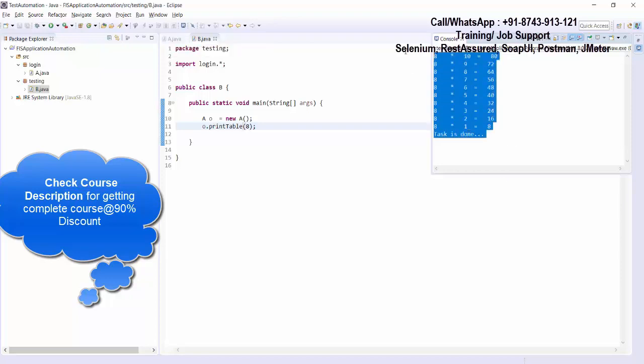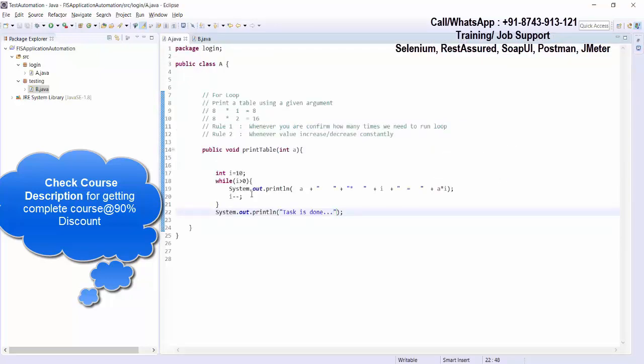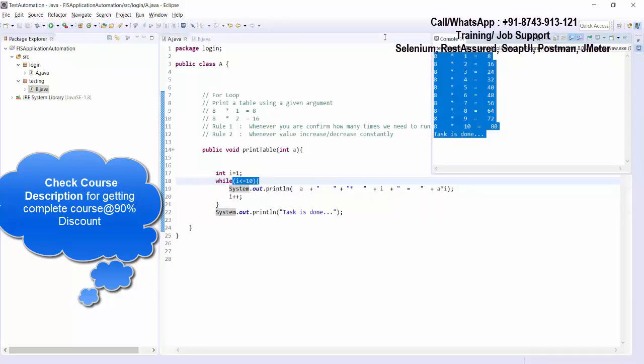As of now we are running this loop in the reverse order. I want to execute it in the forward direction. It means I want to start the loop at 1, run till the value is less than or equal to 10, and increase the value. So it will start with 1. It will check whether 1 is less than or equal to 10. Yes. Do the task, increase it. Once it is increased, it will become 2. Do the task, again increase. So run the loop till the value is less than or equal to 10. I'm just going to execute it one more time, and this time it is executing in the forward direction.